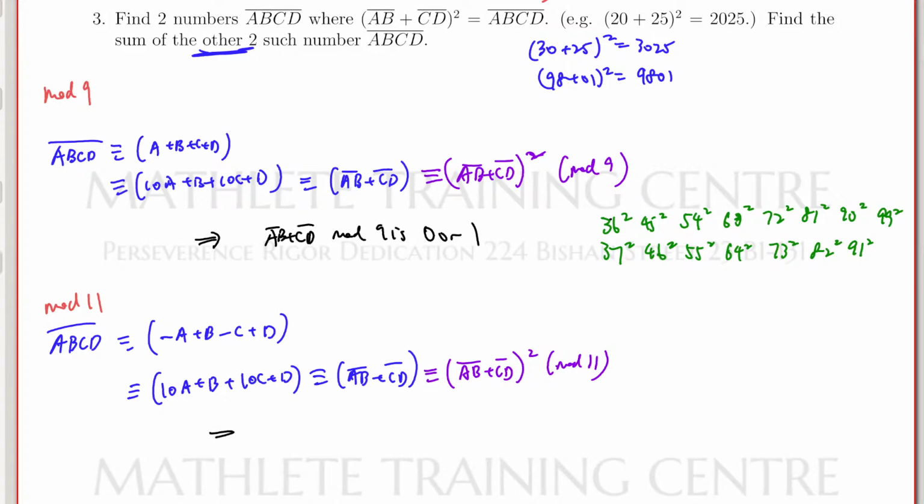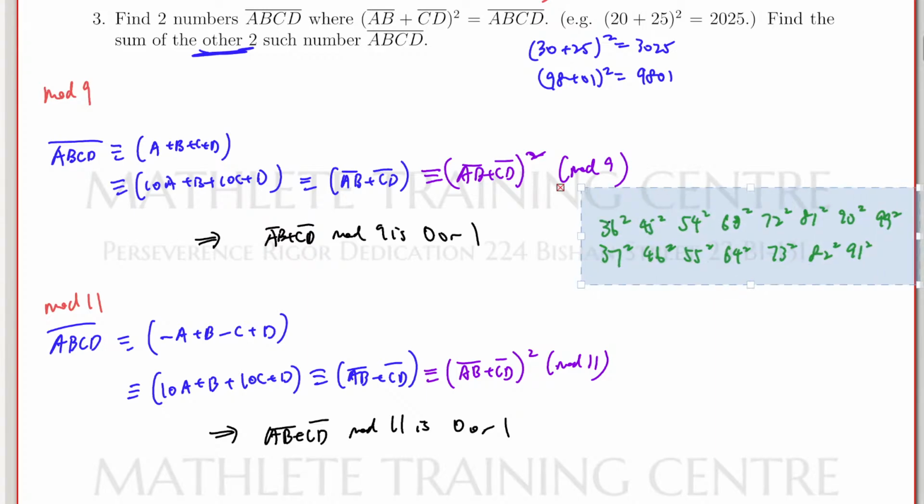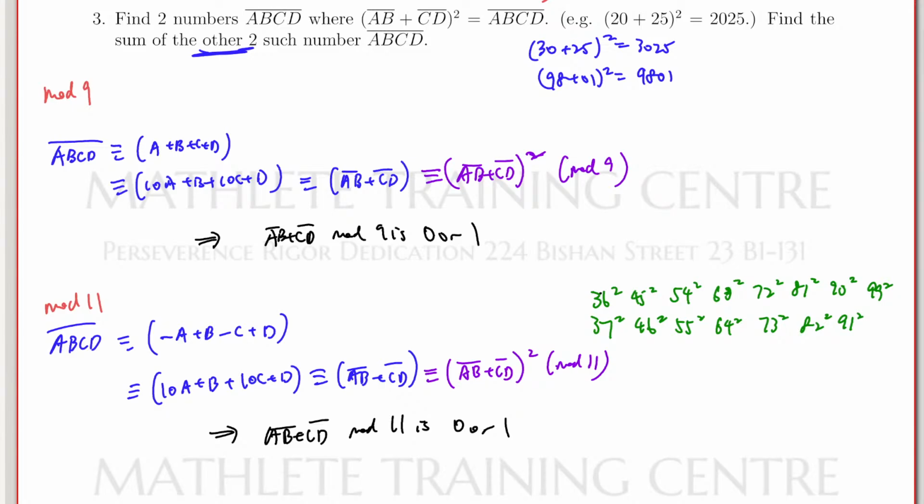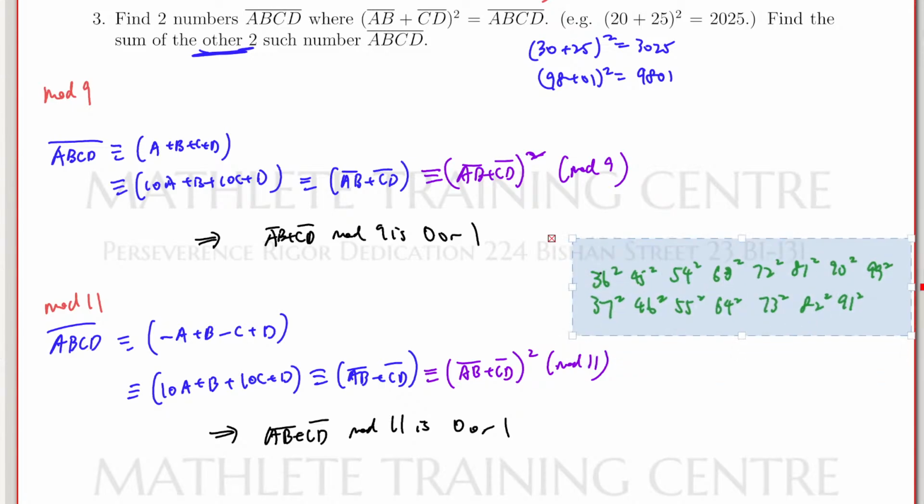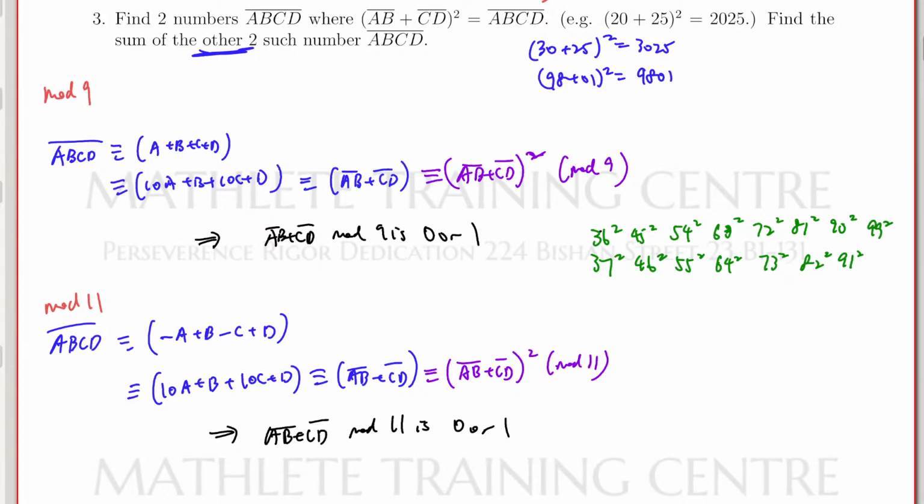So again, what you can tell is that this number AB plus CD, right, or this original square number, mod 11 is going to be 0 or 1. So again, you can ask, out of these square numbers, which one of them mod 11 is going to be 0 or 1? Okay. So let me just write down, out of the numbers given. So out of the above numbers,